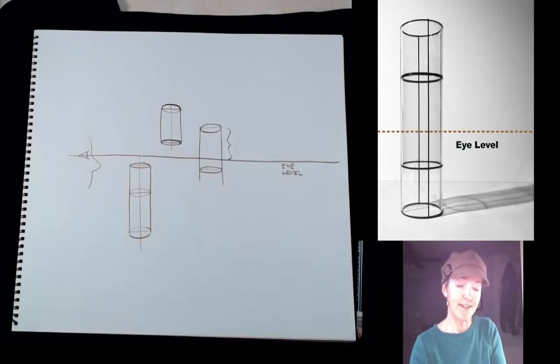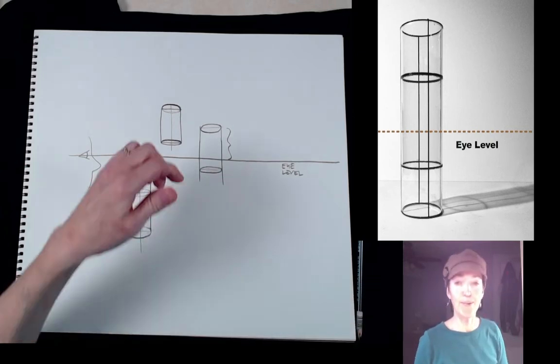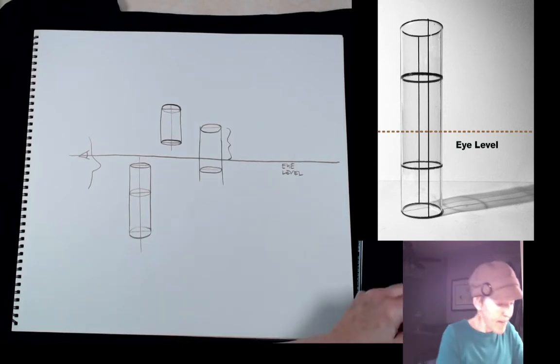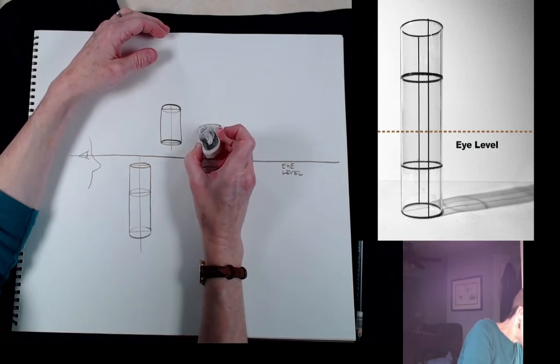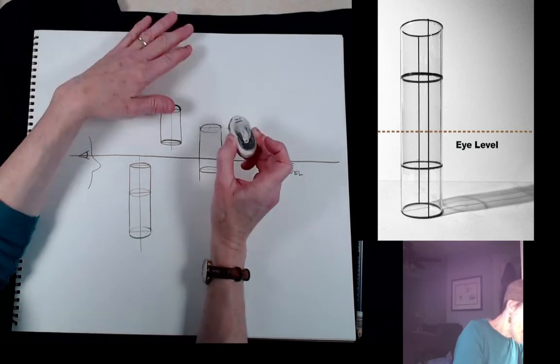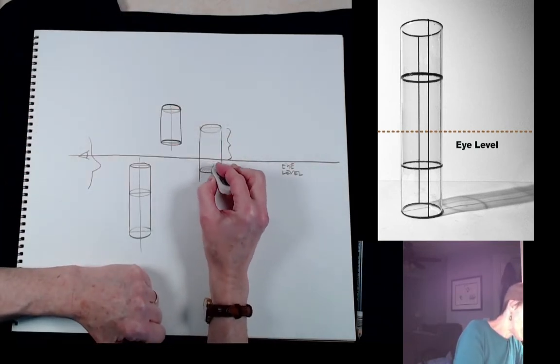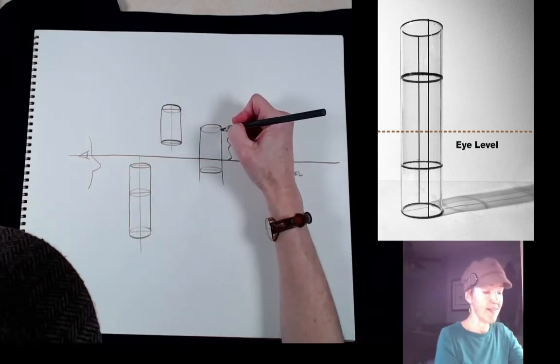And in this case, I darkened it in a little too dark. It's confusing, and it almost feels like we're looking down at the top of that ellipse. So what I need to do is, it'd be better if I use my kneaded eraser for this, but it's not unwrapped right now. So I need to lighten the back side of each of these ellipses so it's really clear to the viewer that we're seeing through a transparent form and we're not looking down at the top of the object.